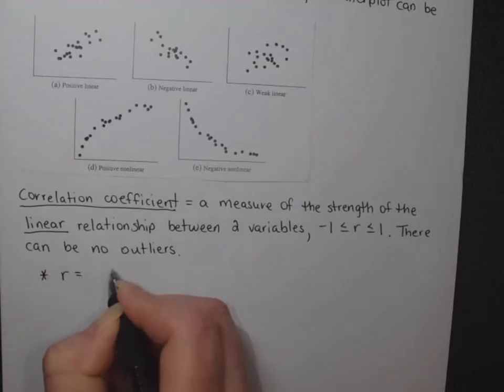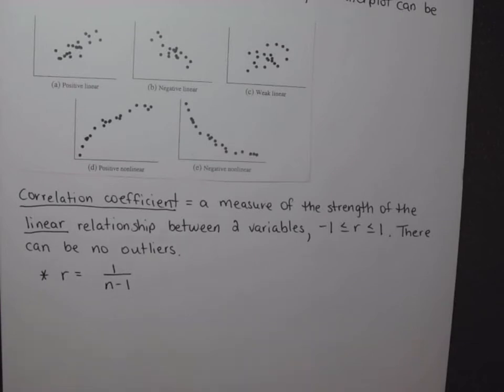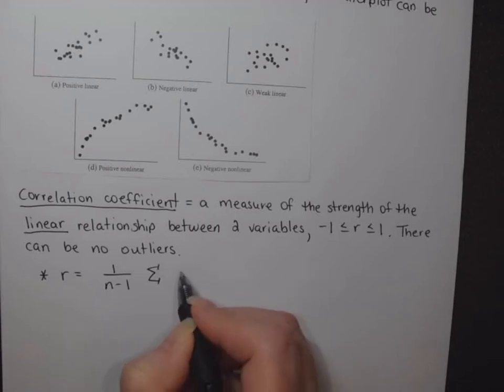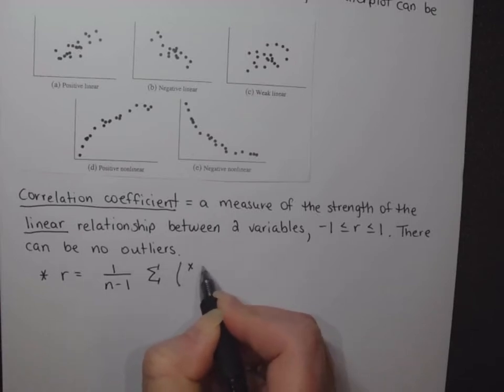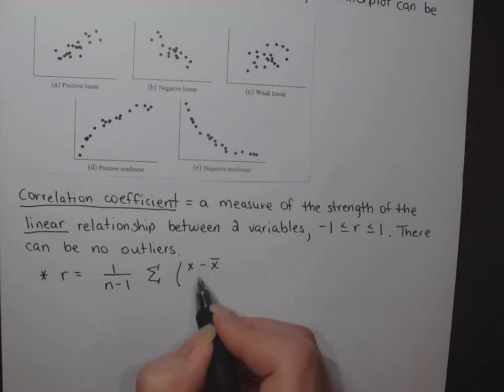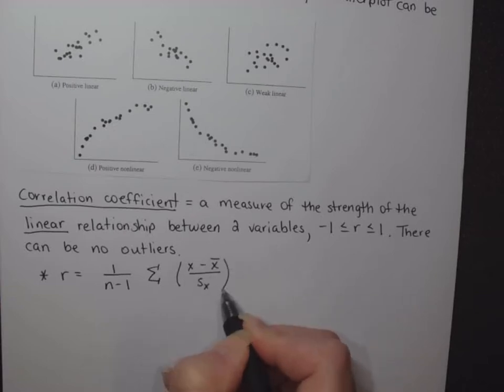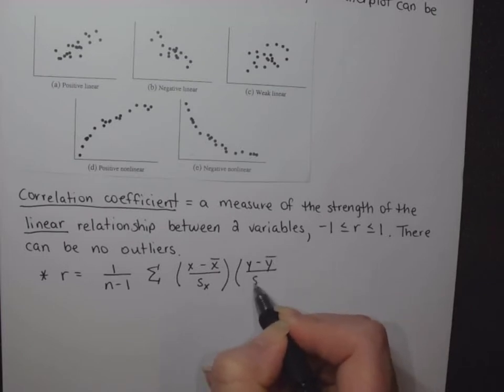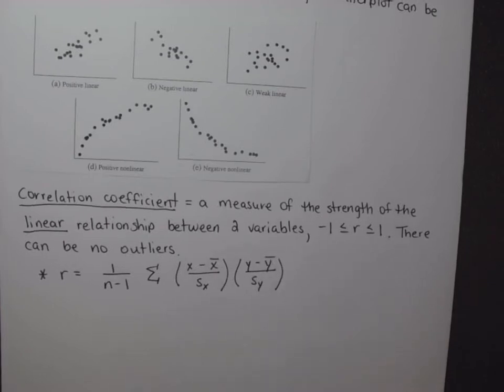So let's look at the formula. It's a kind of tedious formula, but we're going to be able to do it. It's not that hard. Okay. So R, the correlation coefficient, is 1 over n minus 1, times the sum of all the x values minus the average, over the standard deviation of x, times the y minus the y average over the y standard deviation. Okay, just to remind you, x bar is going to be the average